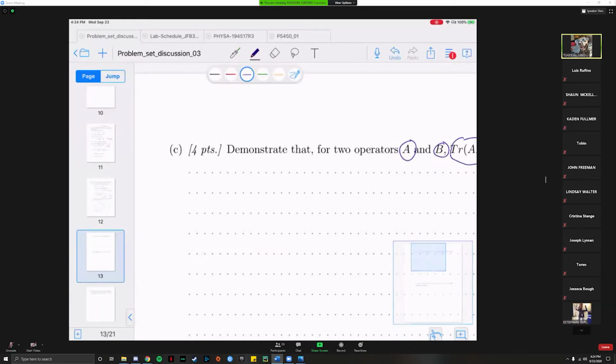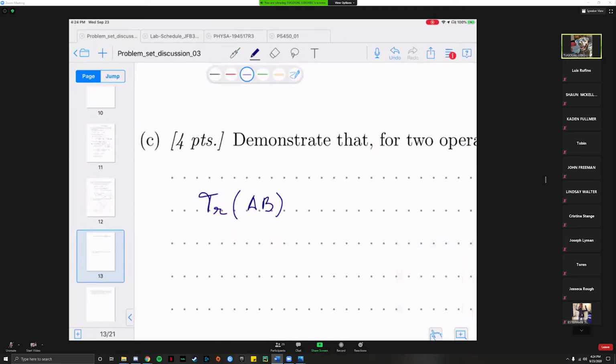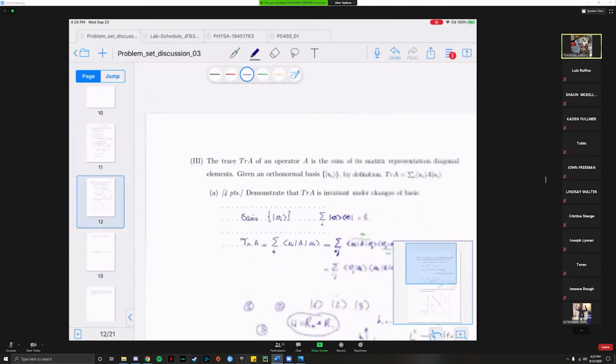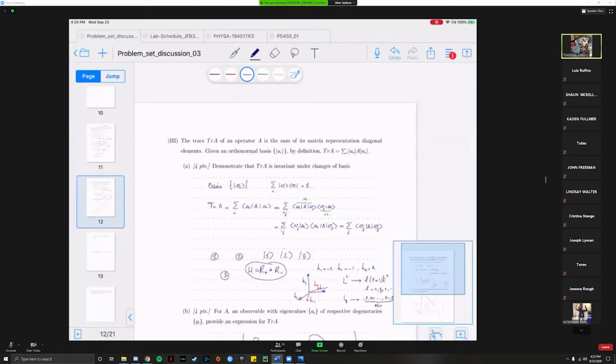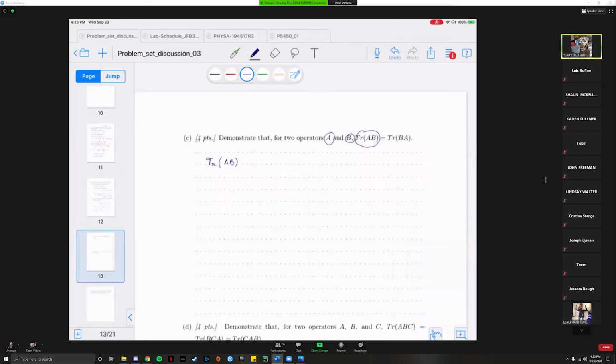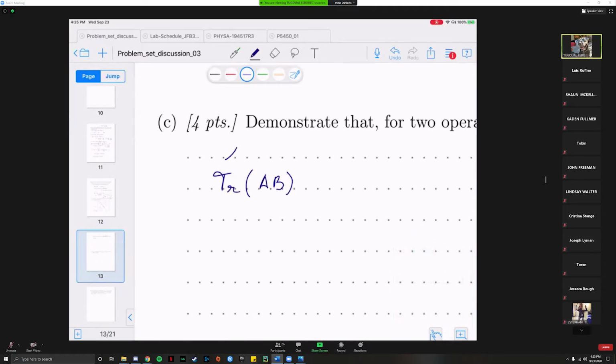But you can use the definition that is given earlier and write trace of AB. We have seen that trace of AB is a number that depends on A and on B, but we have demonstrated earlier that it does not depend on the choice of the basis. You agree with that? Yes, that was the first question, right? No matter what the basis is, you find the same thing. So it's not a property of the basis; it's only a property of the operator from which you obtain the trace. Now, what you can do is say, okay, using